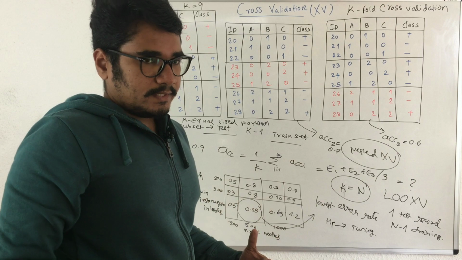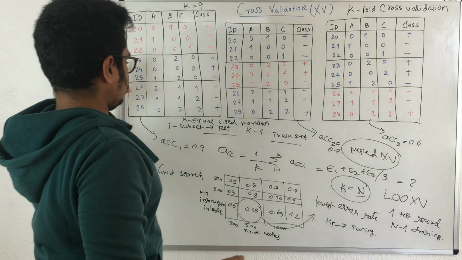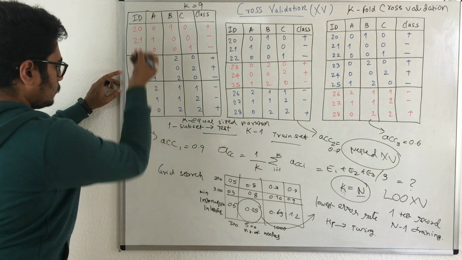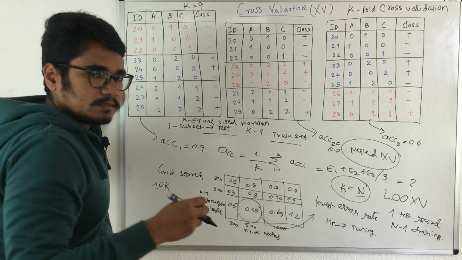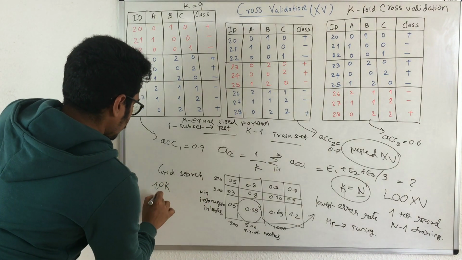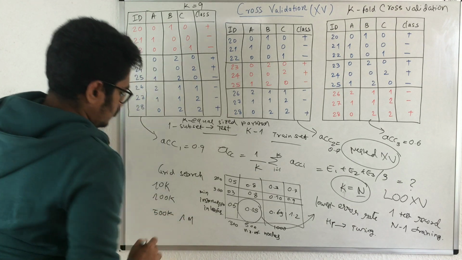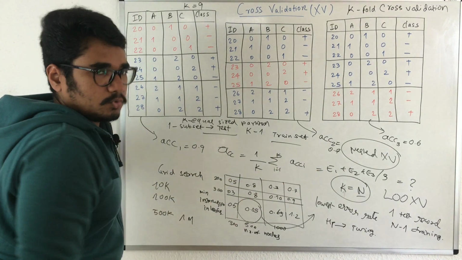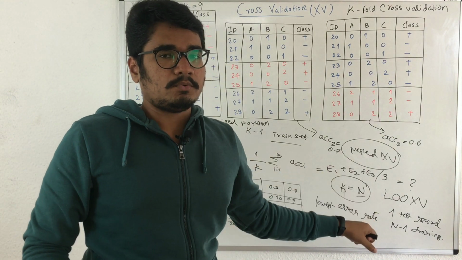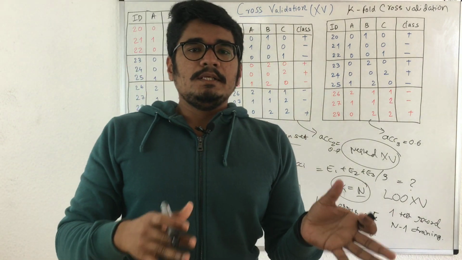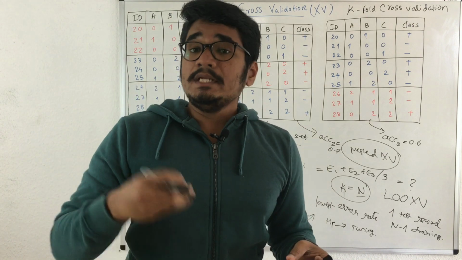Now there is one disadvantage: n is the data set size. Here I have considered just 9 examples. If you have 10k examples, you will manage this somehow, but if you have 100k or even 500k or even 1 million instances, then this approach would take a considerable amount of time. So that is one major disadvantage of this approach. And we want to club the generalization error estimate and also the hyperparameter tuning, so that we'll do in nested cross validation.